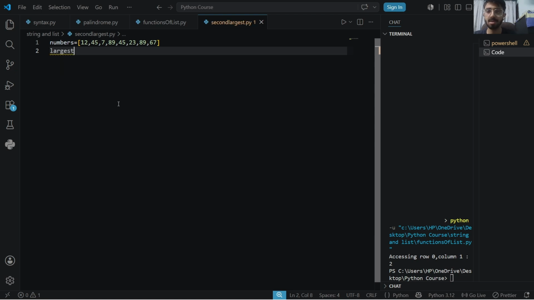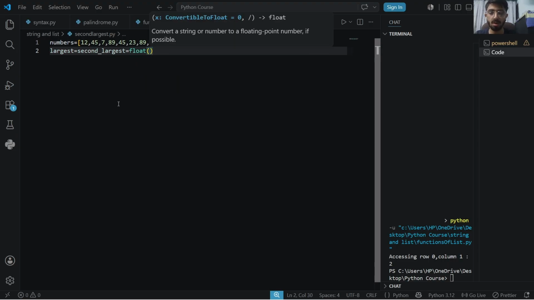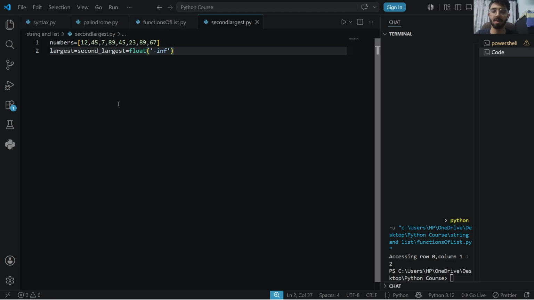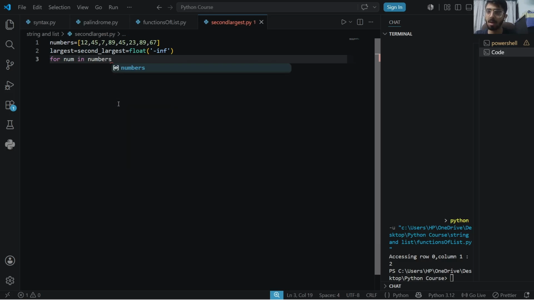My largest is equal to, second largest is equal to float of negative infinity, and for number in numbers,